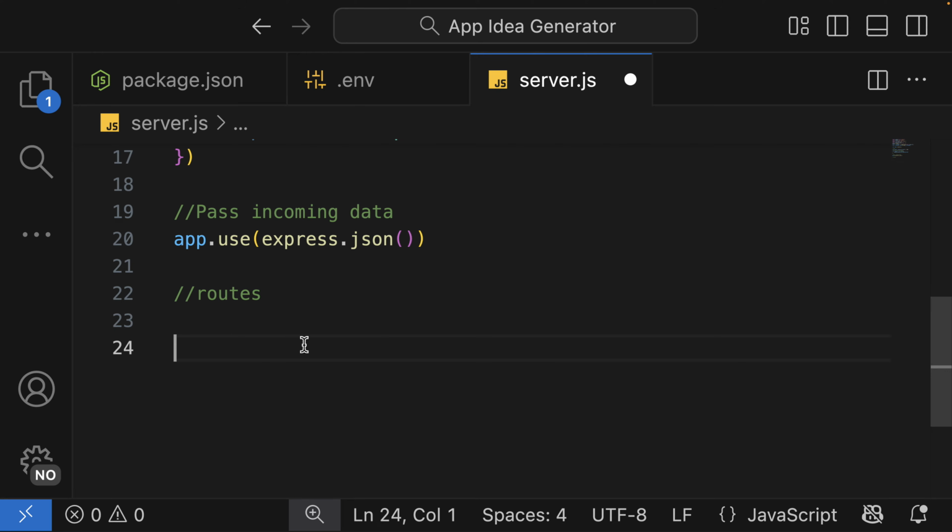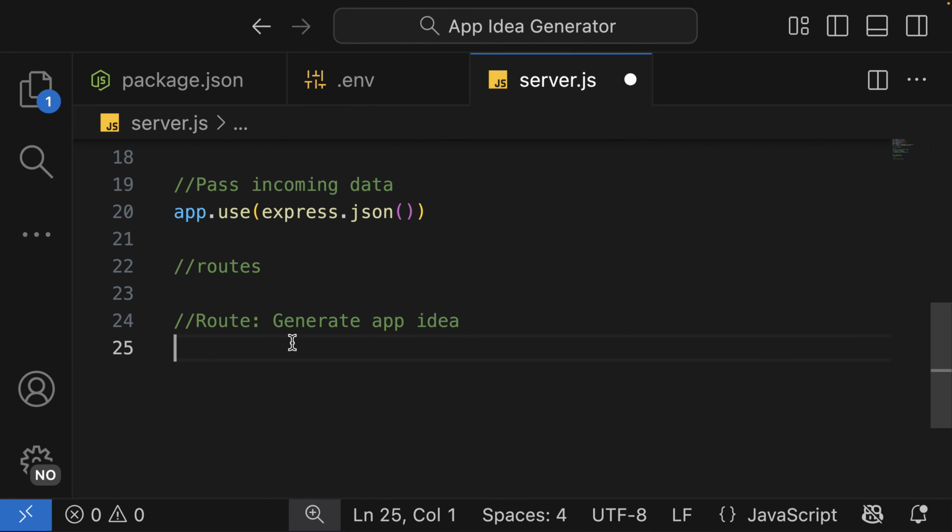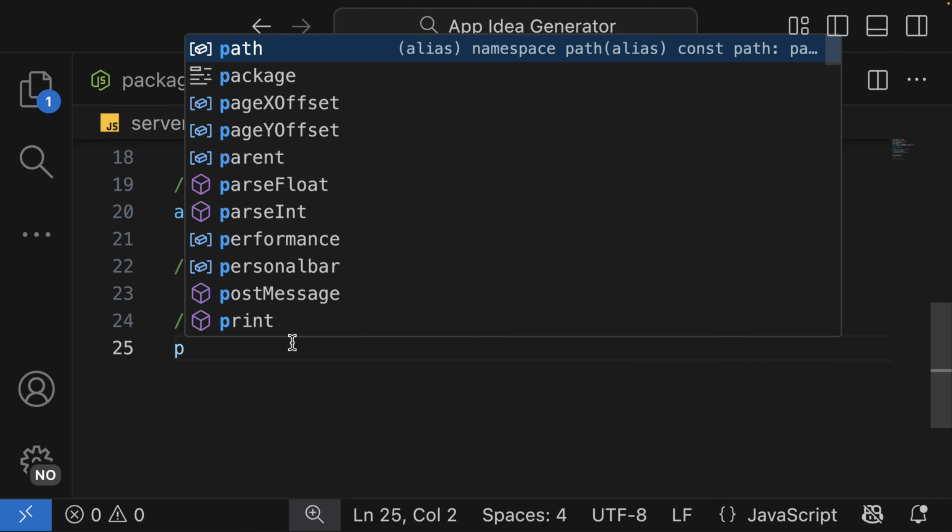One route will be on the front end and one route will be the back end logic. For the front end, the AI will take care of it. So let's focus on the back end. So here, this route is going to be like this. You're going to generate the app idea, handles the post request from the form. So here as generate app idea API or route, and it goes like this: